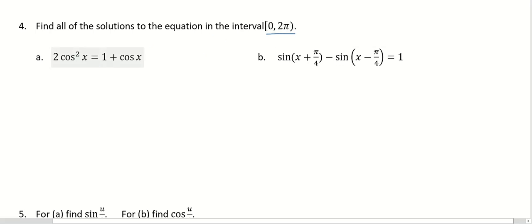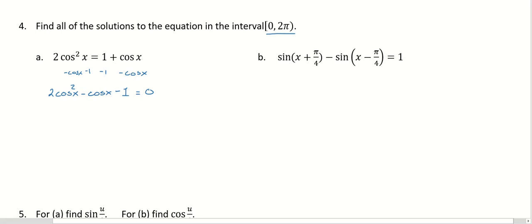And I recognize that we have something that's kind of like quadratic type. So I'm going to make this a quadratic where we just set it equal to 0. So I will subtract a cosine x and a 1 from each side. Minus cosine x and minus cos x, minus 1 and minus 1. And then let's just see. We get a lovely quadratic that takes the form 2 cos squared x minus 1 cosine x minus 1